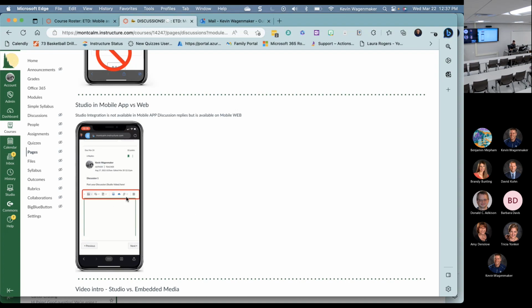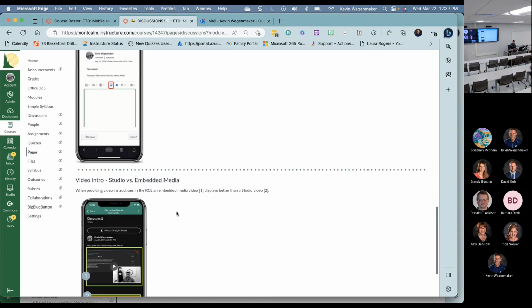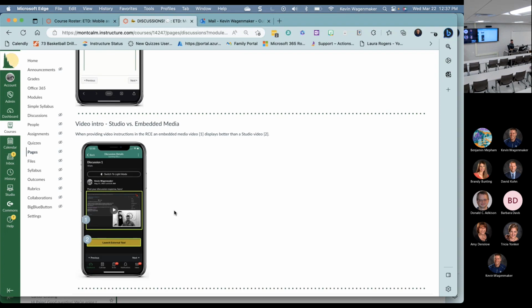And you can see the GIF that I posted there actually does have the ability to embed a studio reply in a discussion post. You'll also notice, when it comes to a rich content editor,